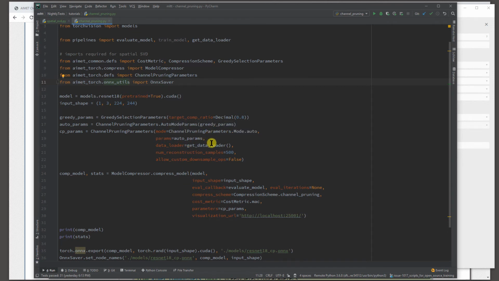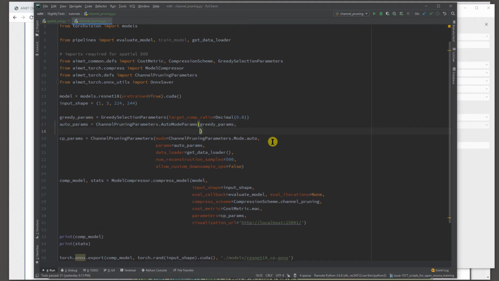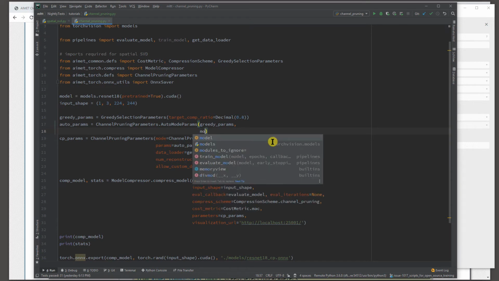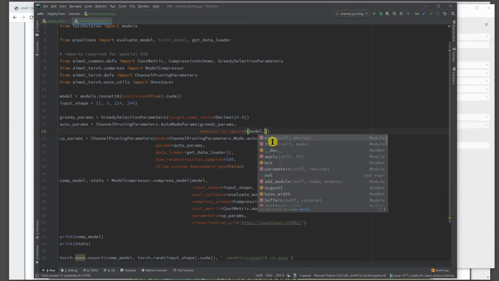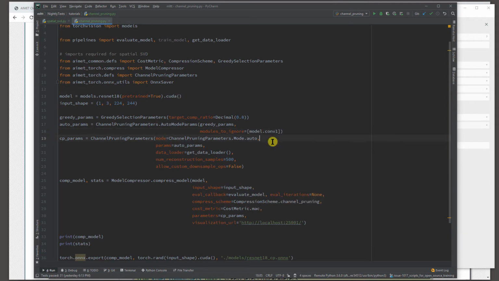And so all we need to do is we have our way to ignore certain layers. So we can just simply ignore the layers. To ignore the layers, we say modules to ignore, and that is a list. And in this case, it will be model.conv1 is the layer we want to ignore, and that's it. Second time lucky, hopefully. So let's run this